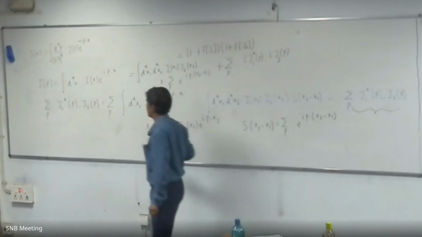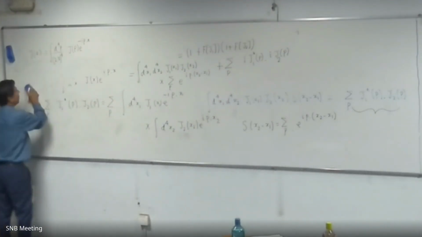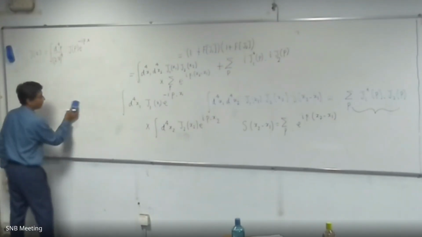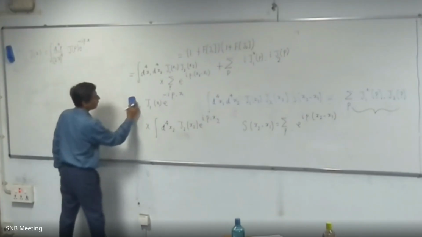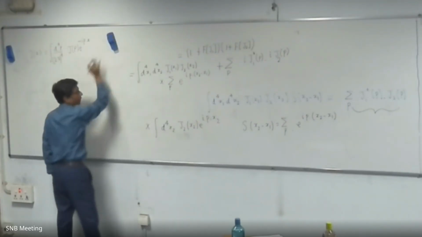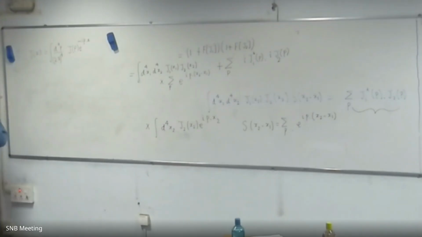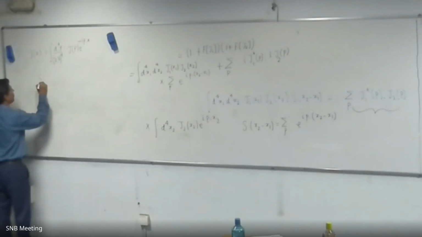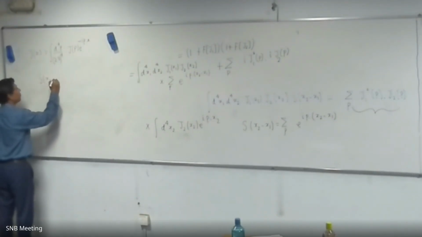So this is the form of this function. Is that okay? So let me just write the form of the function here once again. S x2 minus x1